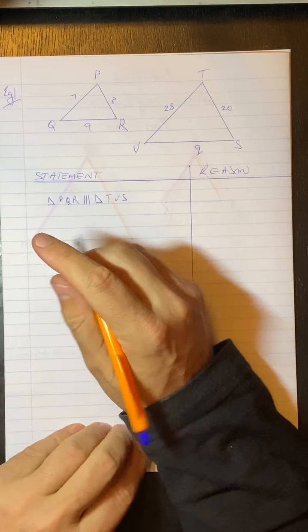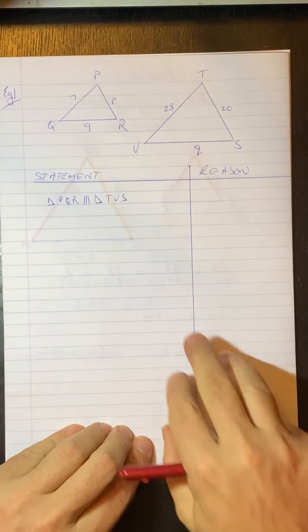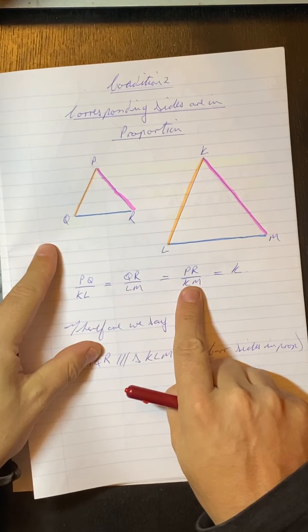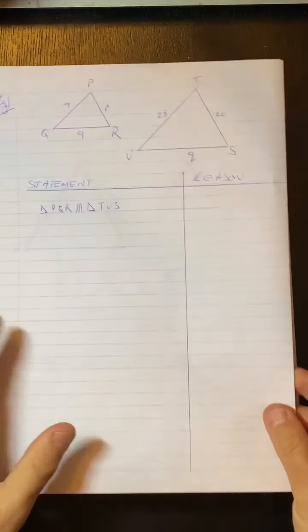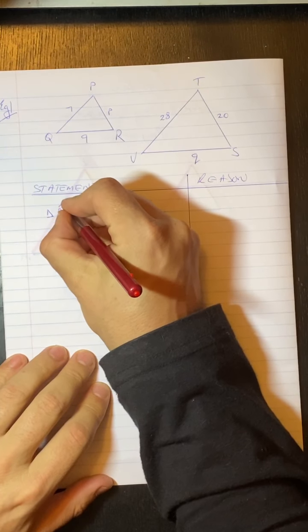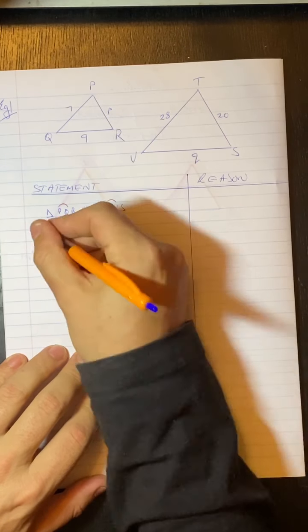Now, from this, I just want to show you how I get my little fractions coming up. And I'm going to use condition 2. So I'm going to get these little fractions. That's what I'm talking about, grade 9s. And it's quite easy. So if they've given you the similarity, all you have to do is you just hop. So I'm going to say that one over that one. So therefore,